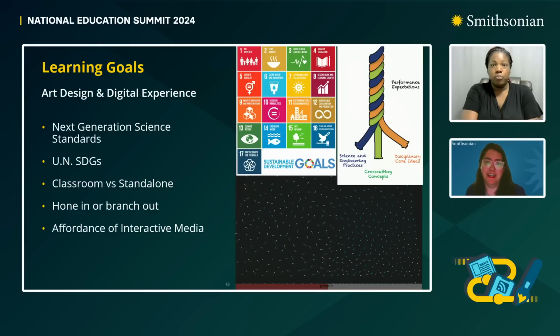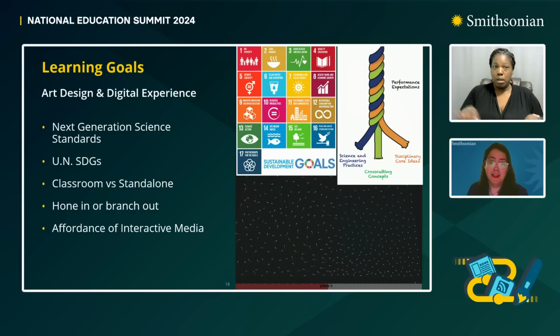From there, we also need to decide on whether we hone in or branch out. Very often there is a specific phenomenon that we're trying to capture that is paramount to what our learning goal is. But the fun of learning, and specifically science, is that any single phenomenon has so many other topics and related subjects around it. And so deciding, do we try to reflect those as well in our simulation or game, or do we try to hone into one specific idea and convey that more clearly is something important that we do at this stage as well.